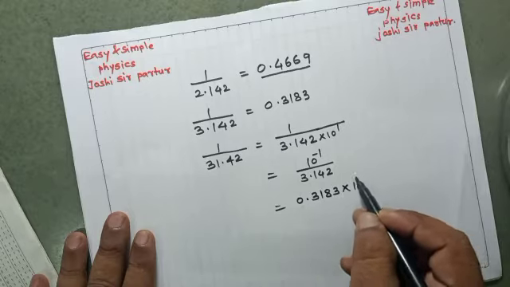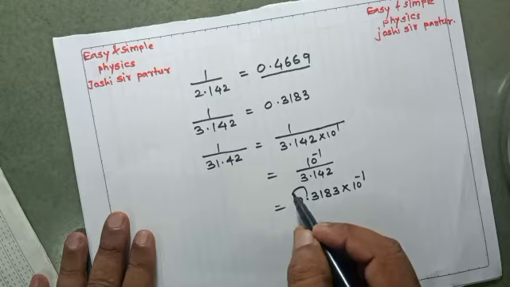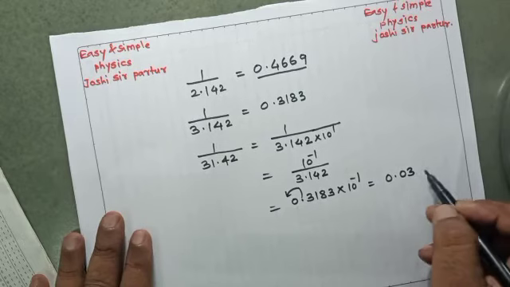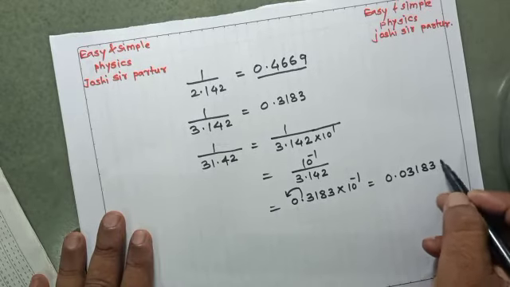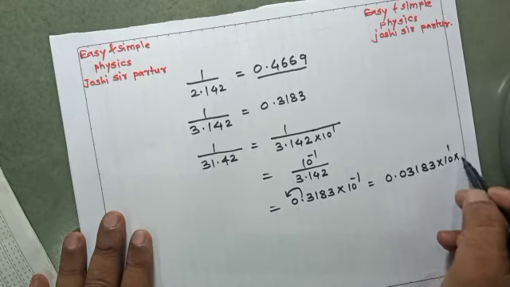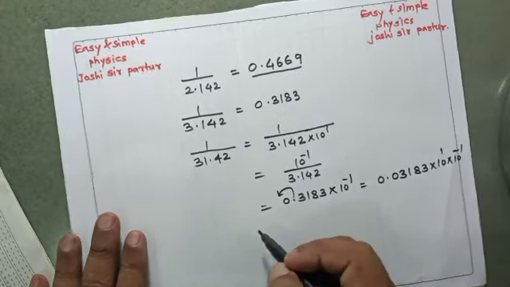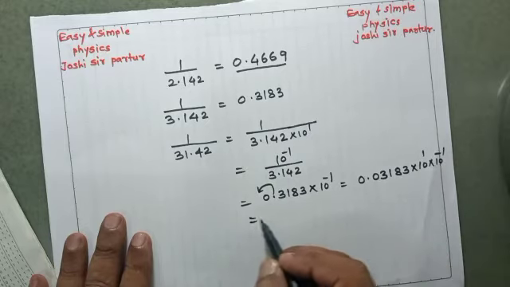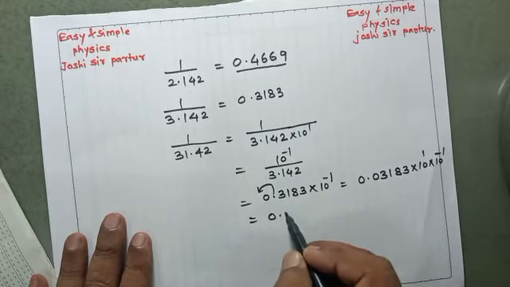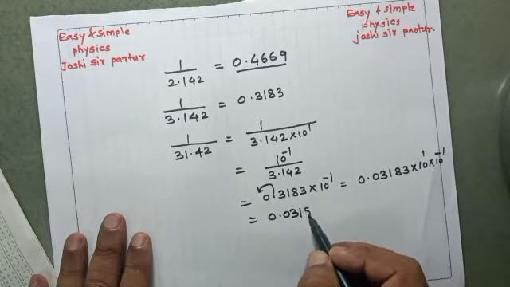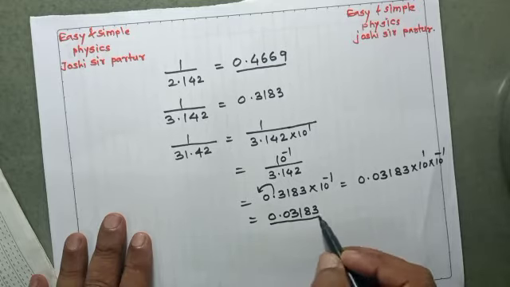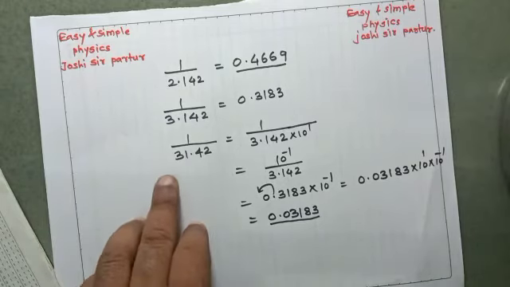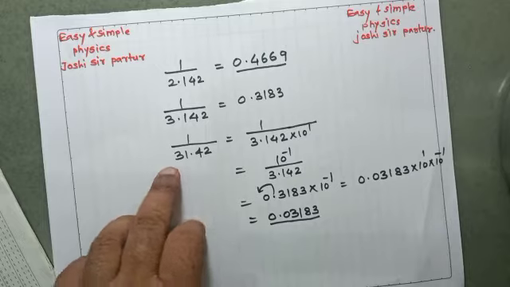0.3183 into 10 to the power minus 1. When this decimal is shifted, its value will be 0.03183 into 10 to the power 1 into 10 to the power minus 1. So minus 1 and plus 1 cancel, its power will be 0. So here the answer will be 0.03183. We can see the rule here, that when the denominator number is greater than 1,